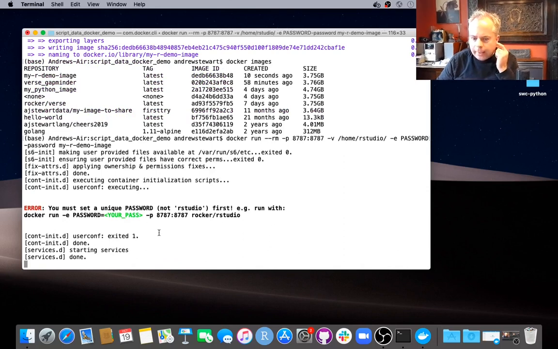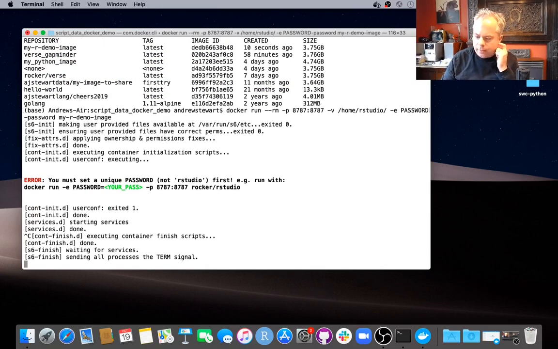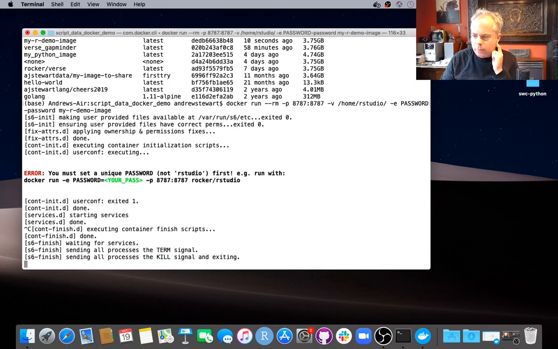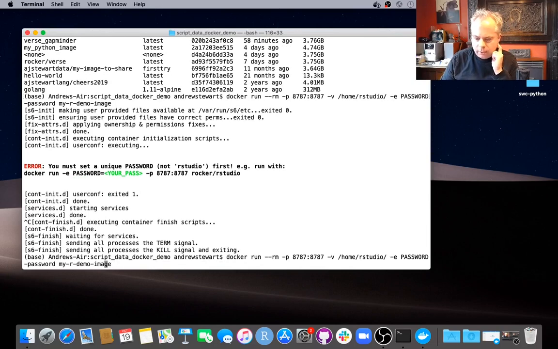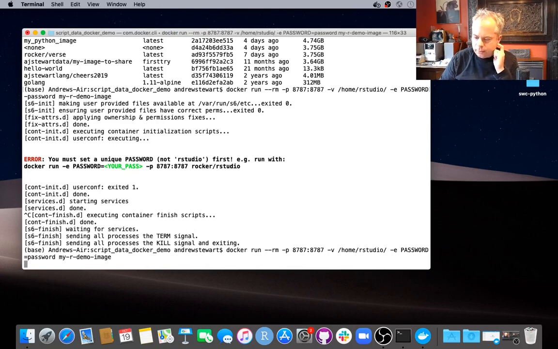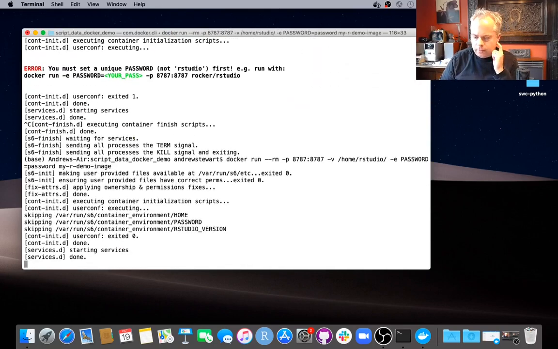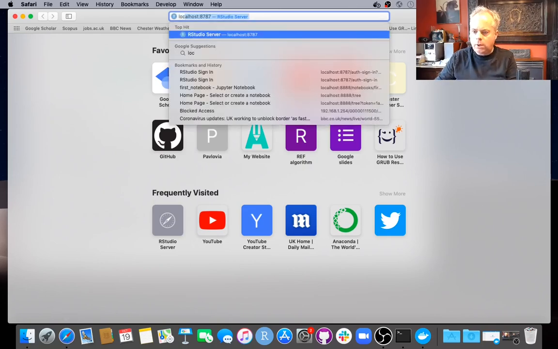That is actually, tell you what, there's a typo in my Docker command. So let's just quit that. I wrote password minus password. It should be password is equal to password. Let's just run that again. So it's got the Docker container up and running, and we can access it as per usual, going into our web browser,